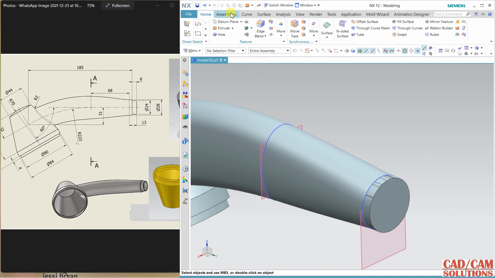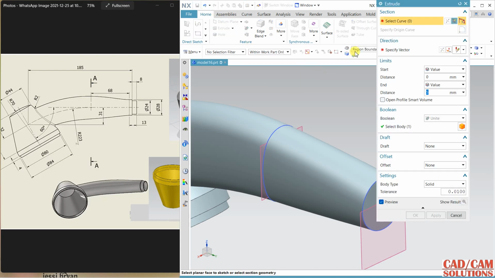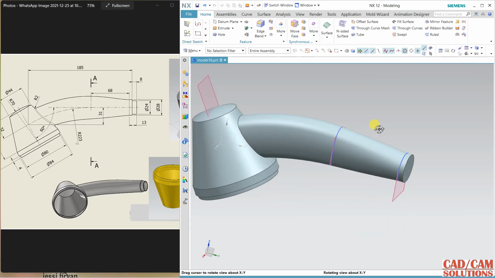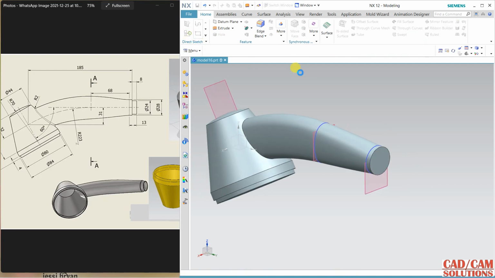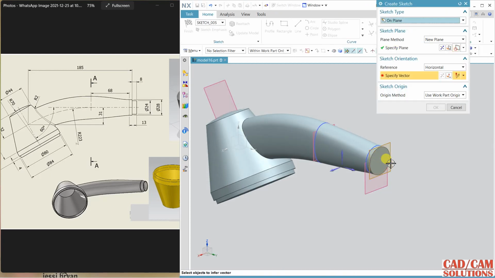Okay, something is not proper, so undo and extrude, select single curve and 5, and okay. Okay, now it is properly extruded over this face,